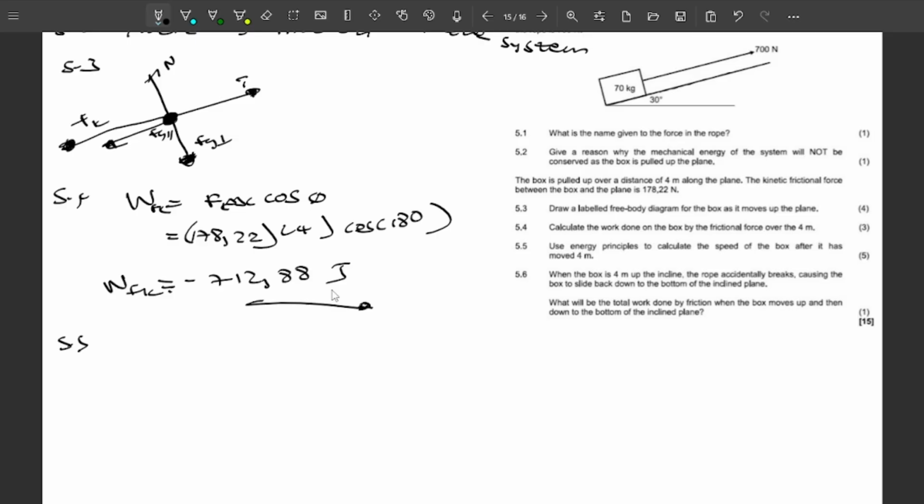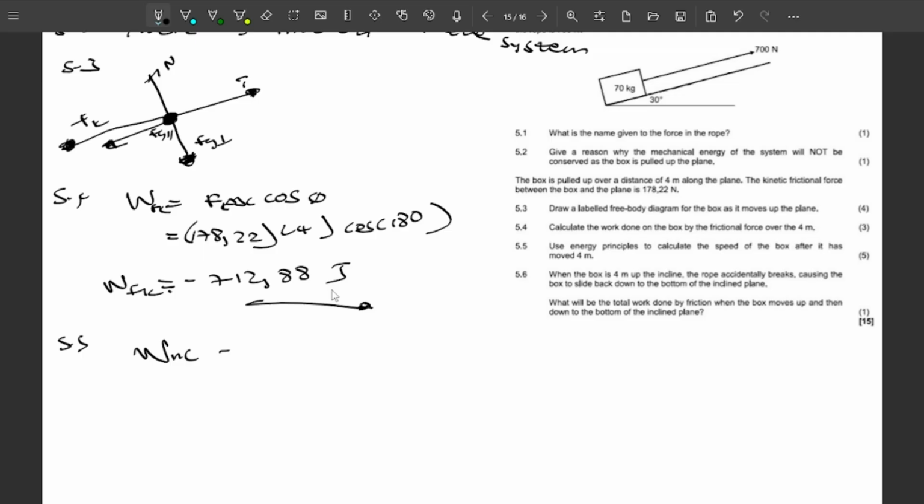5.5, it says use energy principles to calculate the speed of the box after it has moved 4 meters. Okay, so they want us to calculate the speed of the box as it has moved 4 meters. So we haven't defined anything in this question, which is so odd, but then it's fine. So what are we gonna use? I do recommend us using